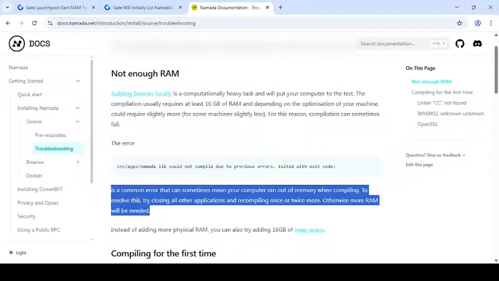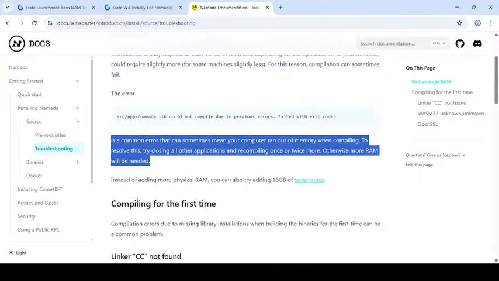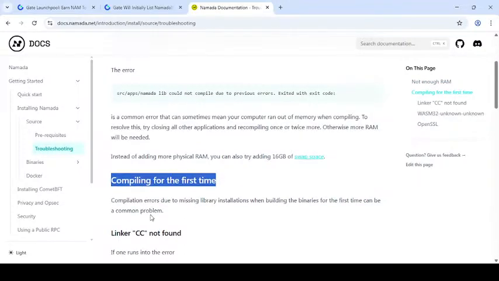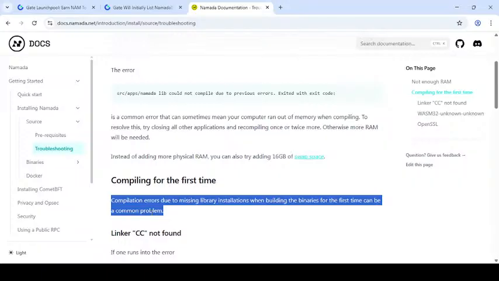RAM will be needed: install the physical RAM and 16 GB for swap to avoid errors during compilation.